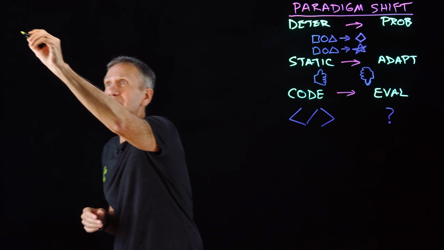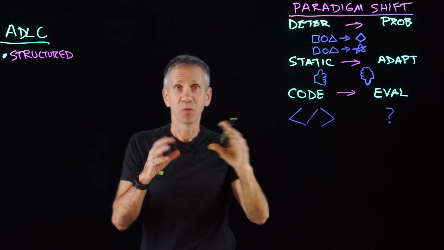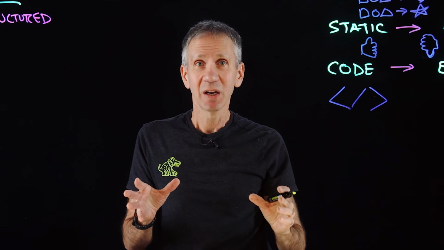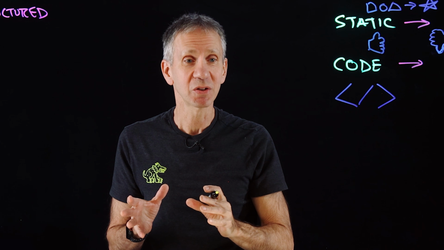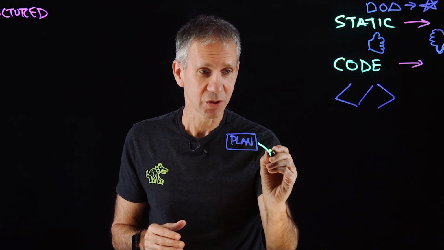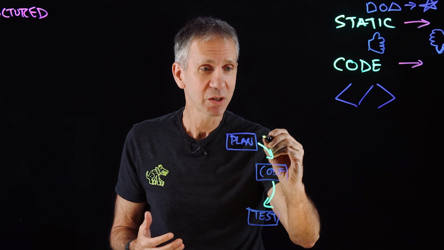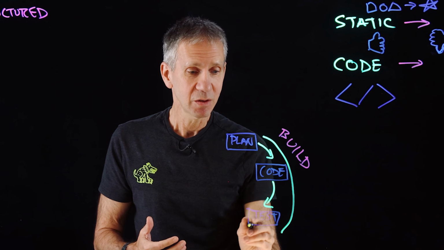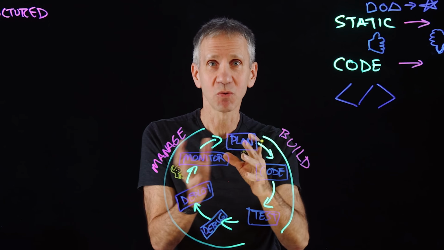All of this needs an agent development life cycle. We need a structured way to approach all of this. So how would we do that? Well, it's fairly obvious, or should be, that we do something that involves building and then managing the system. So we're going to start off with planning the system, then we're going to move to coding, then we're going to move to testing. So that's pretty much the build part of this system. And then we're going to go from there to debugging and deploying and monitoring, and then ultimately back into planning again. So this is monitoring the system and managing it. So we have a structured way to look at all of this.